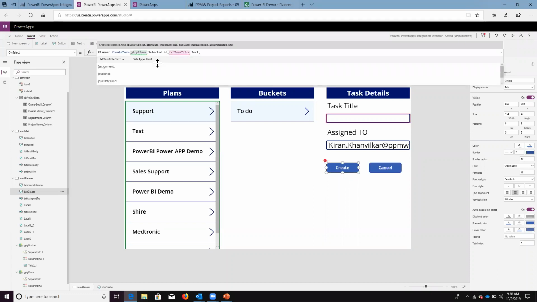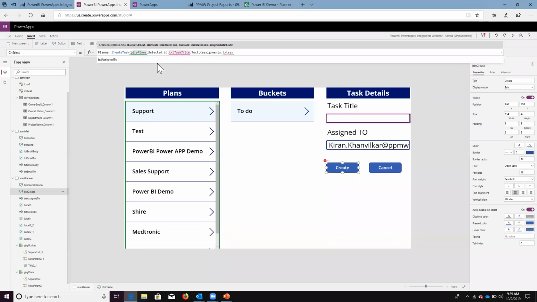The next one is we need to specify the information for bucket ID, the start time, the date time. Now these are not mandatory, right? But let me enter, we still want to use the bucket ID and assignment to whom we want to assign. So I need to open the curly braces and then assignments. Assignments is whatever value we have in the txt assigned to dot text,